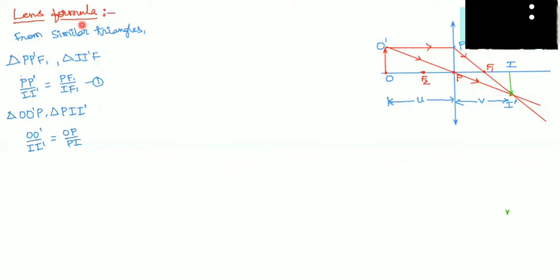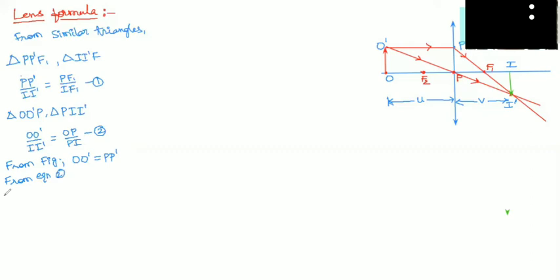Now in this one similar concept is there in both the triangles. If we see these two triangles, here, O dash and P dash are equal because O dash P dash and OP both are parallel lines. So that's the reason O dash and P dash are equal. So from figure we can write this. From figure, what we can write, O dash is equal to P dash we can write. Now this we use in equation 2. So what we can get from equation 2.